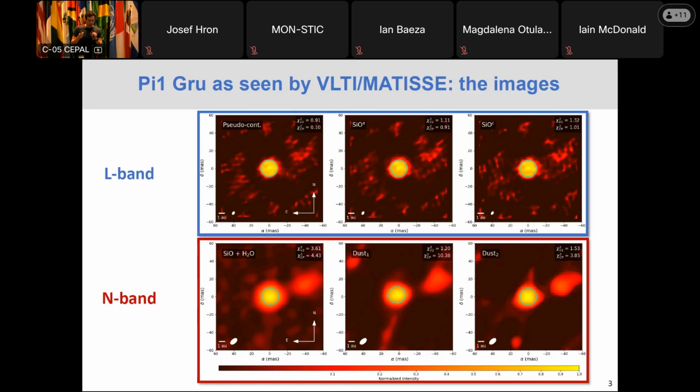Then, since we have those images, I also wanted to overplot the orbital solution on them. Currently in the literature, we have two different orbital solutions that came out this year. One is from Miguel Montargès, and the second is by Mats Esseldeurs. I recommend looking at both posters, by the way. Here we decided to use Mats' orbital solution because it fits the images better, basically.